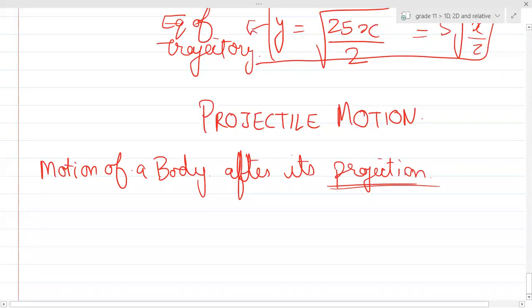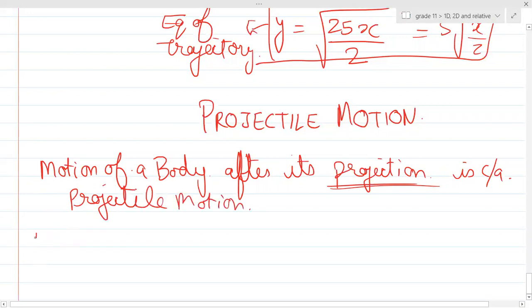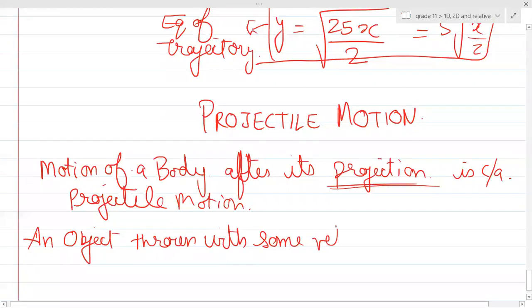If an object is thrown in air, I'll write that also. It's called a projectile. An object thrown with some velocity is called a projectile,